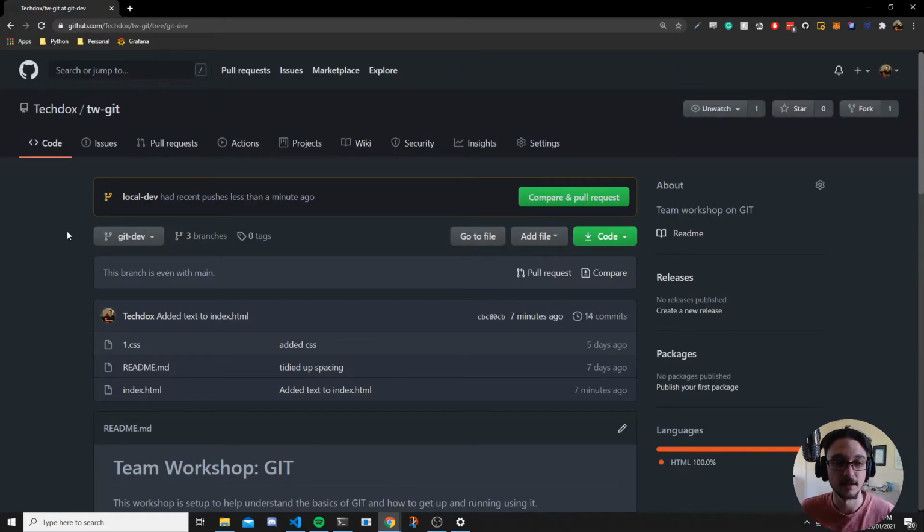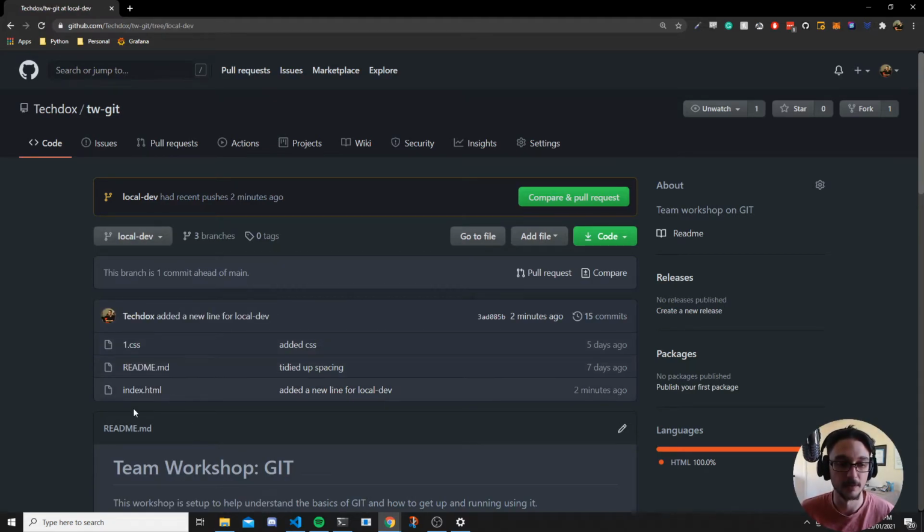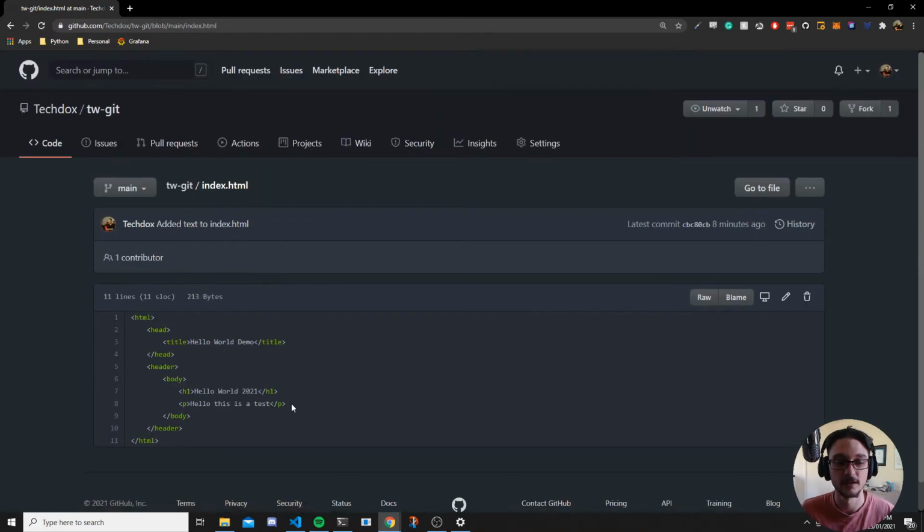So now let's make sure those changes that we made to our local development branch are actually there. We click on the local development branch and we can click on the index.html. And now we can see that we have that new line that I made. Now, if we go down here and go to our main, we can see that that change has not been made. It hasn't affected our main. So if we're just implementing and developing and testing things, we know we're not going to affect our main